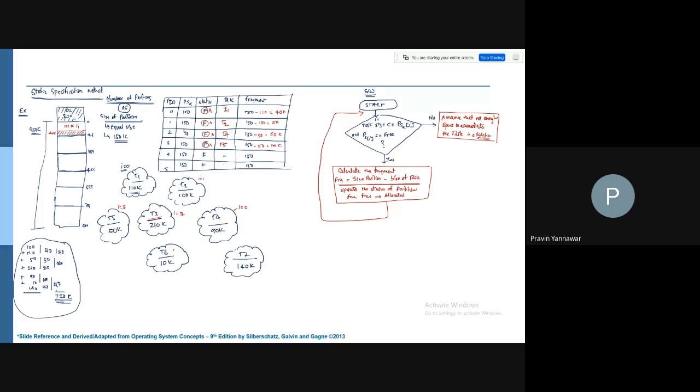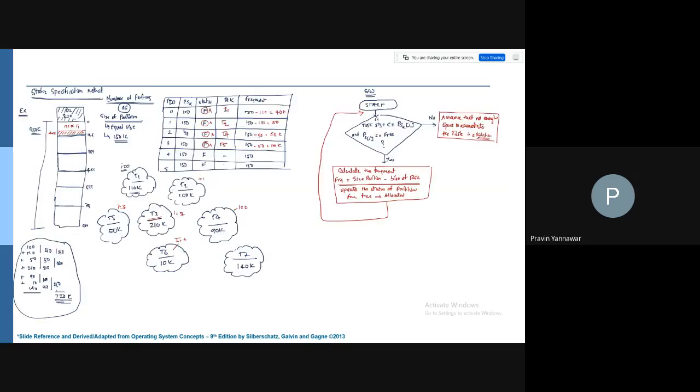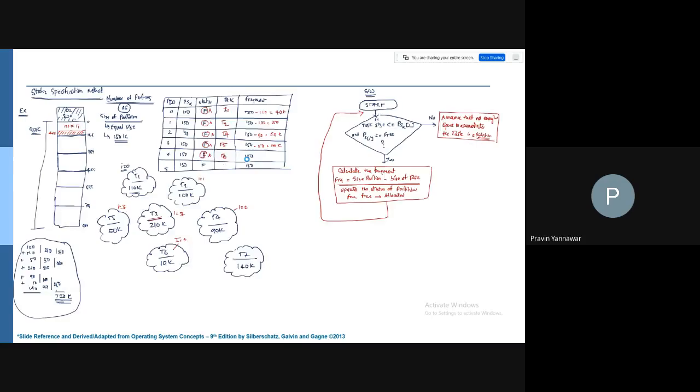So T5 is there, then T6 with i equals 4. A simple case: this is allocated, this is T6, sorry, this is 10, so it is 110k.